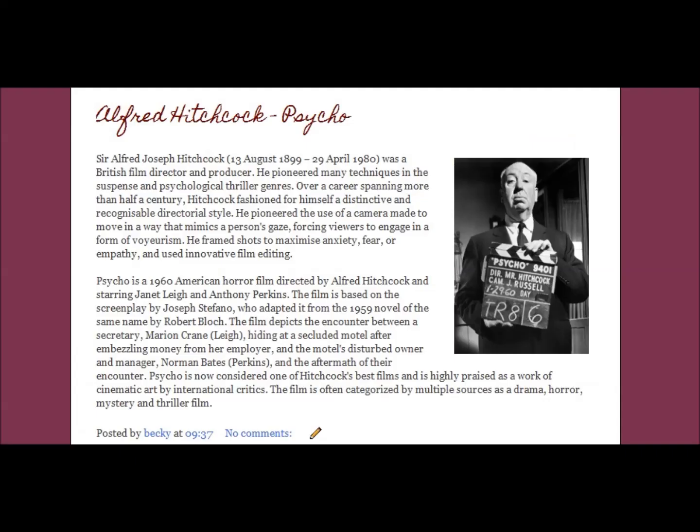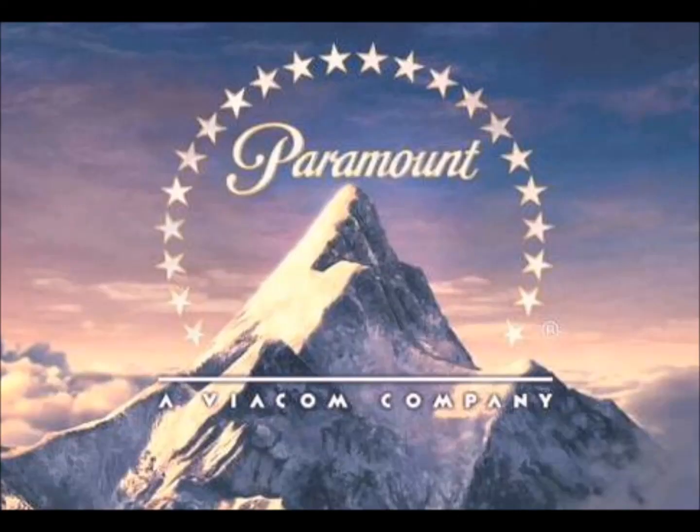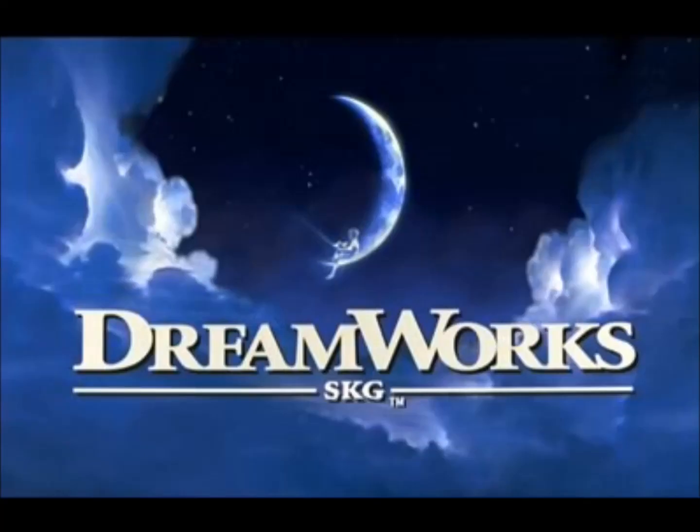The research also helped us a lot, such as researching the codes and conventions of horror films, which helped us think of ideas of what to include in our sequence. Researching other horror film openings and analysing these thoroughly also helped us come up with these ideas and recognise what other successful horror films included. Researching different production companies helped us make a decision on what type of company would distribute our film, and also recognising if our film is mainstream or art house.